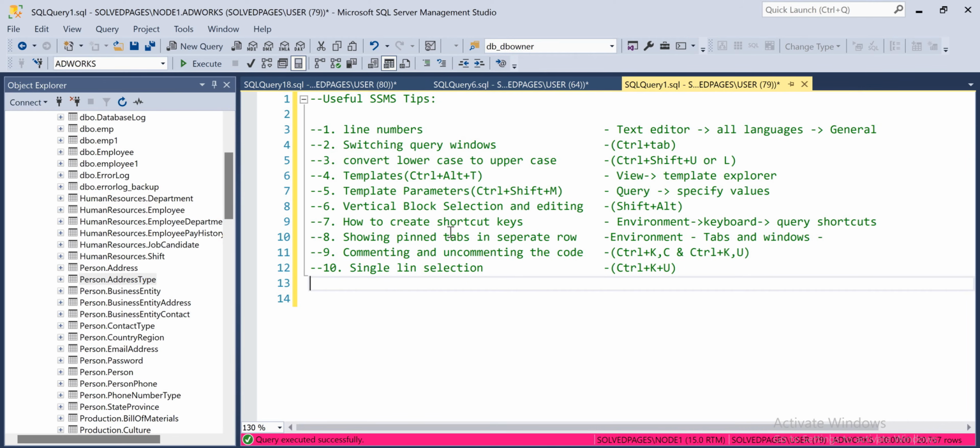And the next one, how to create shortcut keys. We can create customized shortcut keys as well. If you use any regular SPs like sp_who2 active or sp_helpdb, for these kinds of SPs we can create shortcut keys here. For that I have to go to this